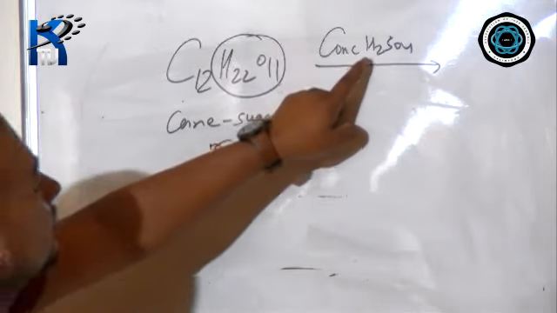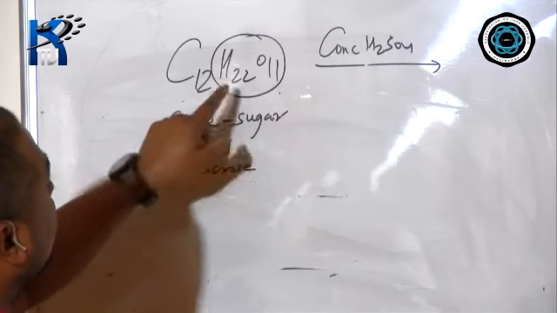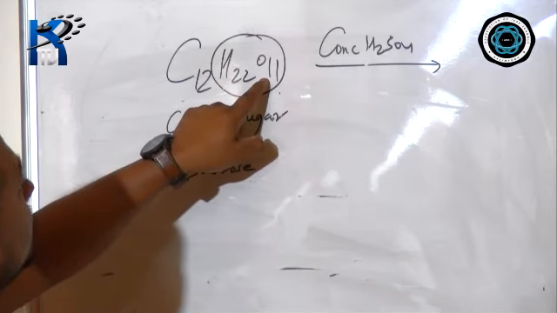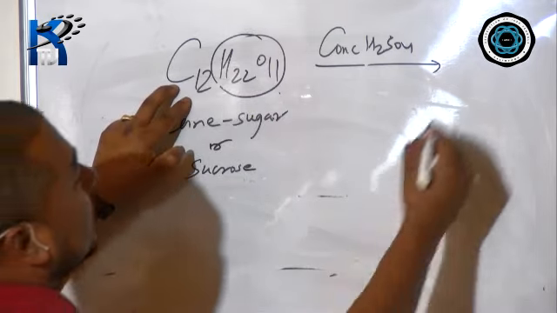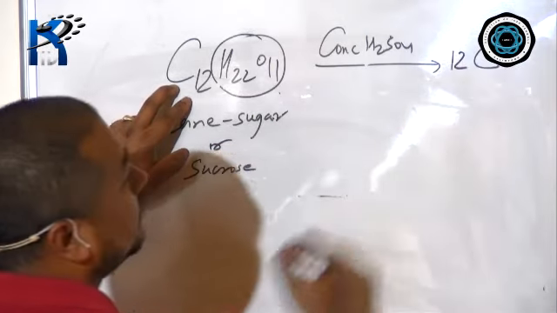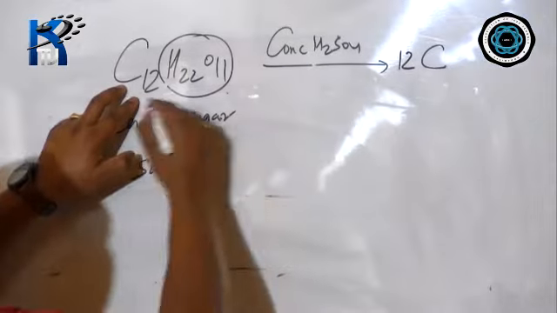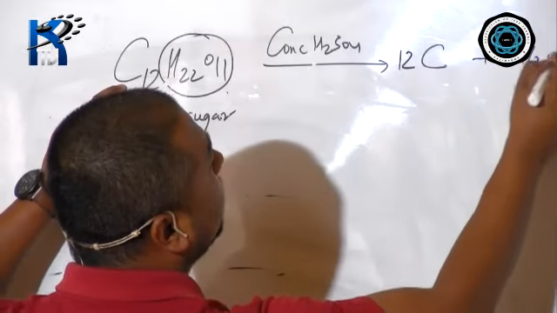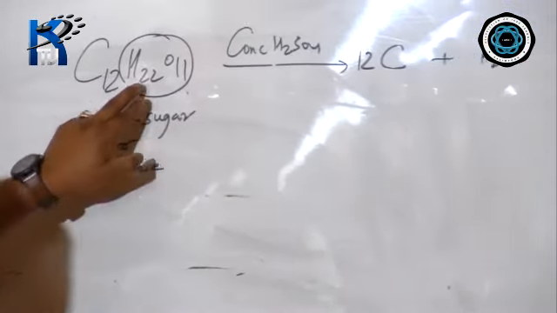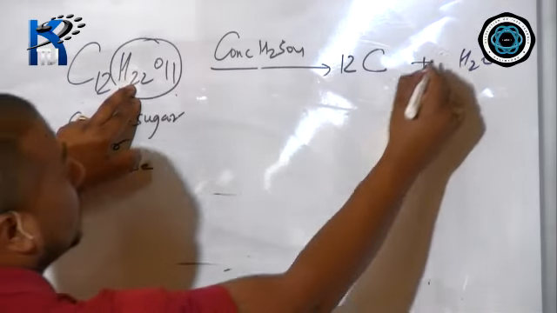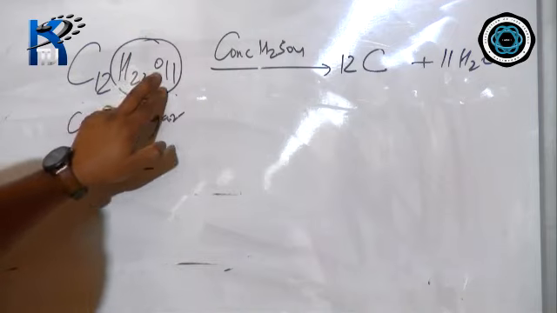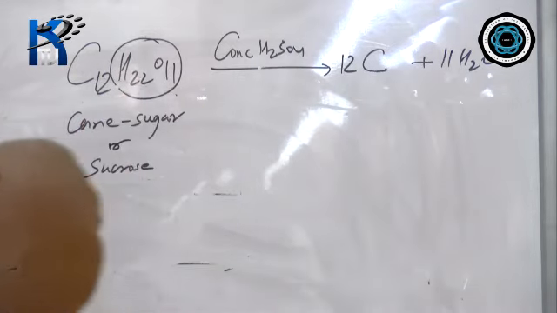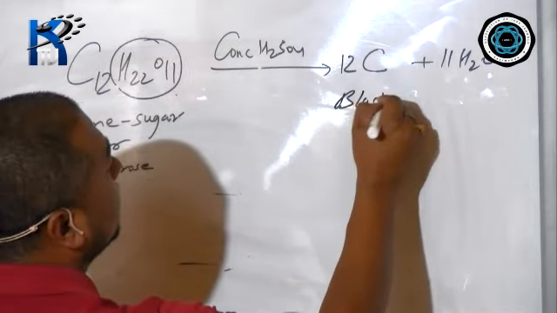So this is a dehydrating agent, so it removes water, so remove hydrogen and oxygen, because the components of water are hydrogen and oxygen. So if you remove this, what is left with you? Carbon. How many carbon is left? 12 carbon balance. And what it has to remove is water. Now balance it. Here is 22 hydrogen. So if I put here 11 to the 22 hydrogen balance, 11 oxygen balance. And this carbon is black in color.